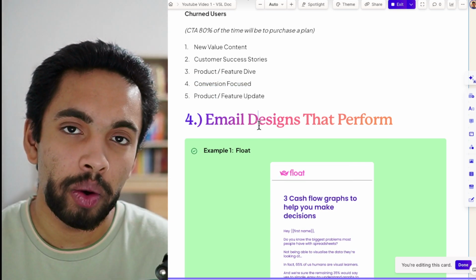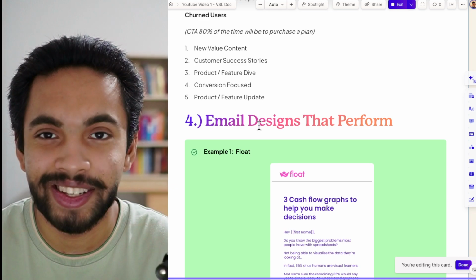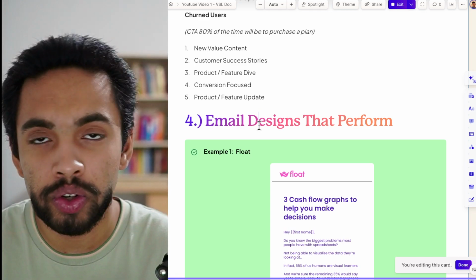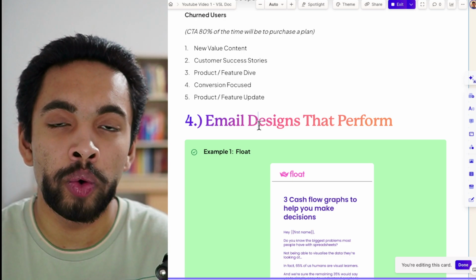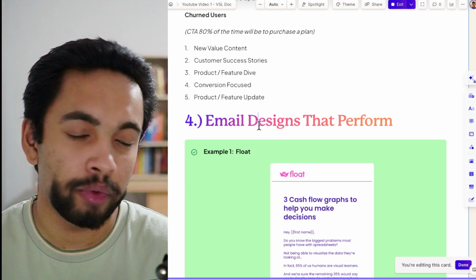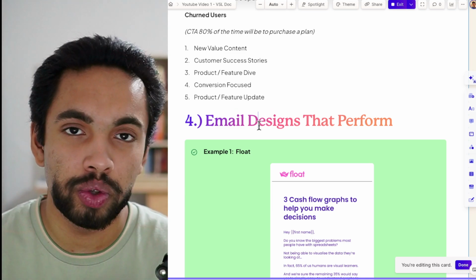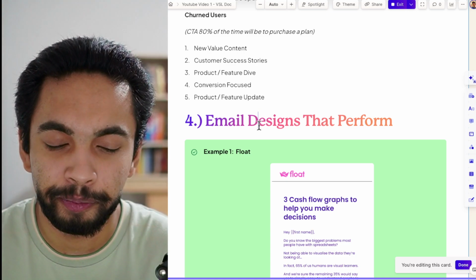So finally, what are examples of some email designs that perform? Well, one thing to keep in mind in SaaS email marketing compared to every other industry, let's say e-commerce email marketing, is that for SaaS email marketing, the focus should always be on the copy itself and on the product. So any design, for example, let's say for an e-commerce brand who's a fashion brand, they can get away with having really